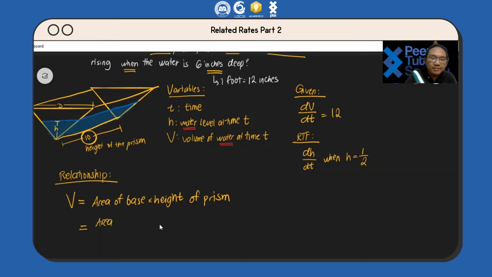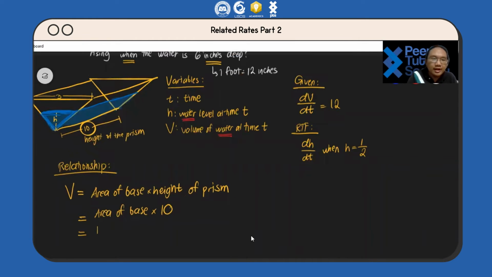So this is the area of the base times 10. Now, what's the area of the base? Again, just to reiterate, because this might be a little bit confusing, we are talking about this for the base. This is the base over here. The area of the base is a triangle, so it's 1/2 base times height. It might be useful if we have this as a variable d. So the area of the base, again, is 1/2 BH